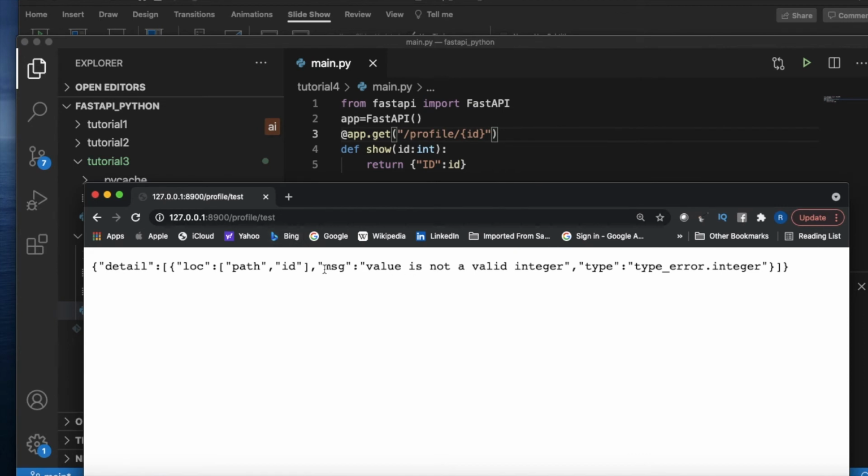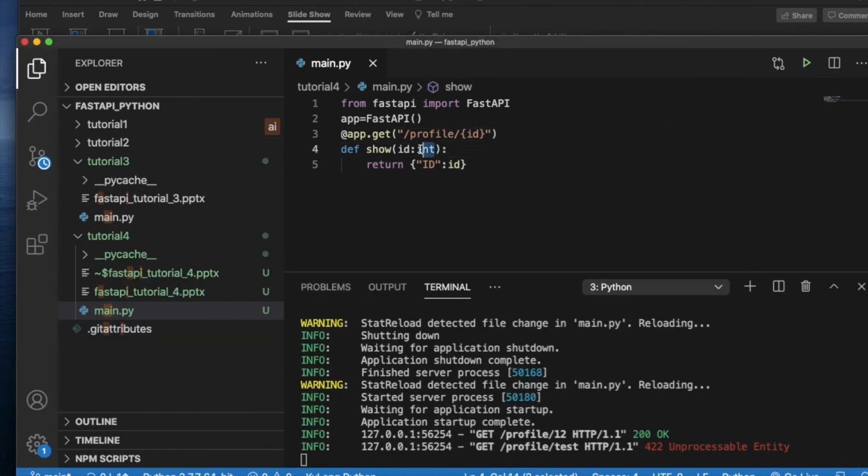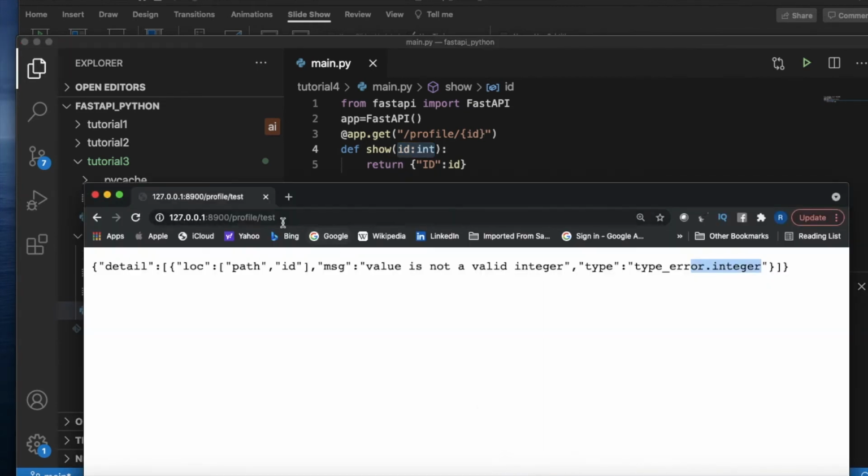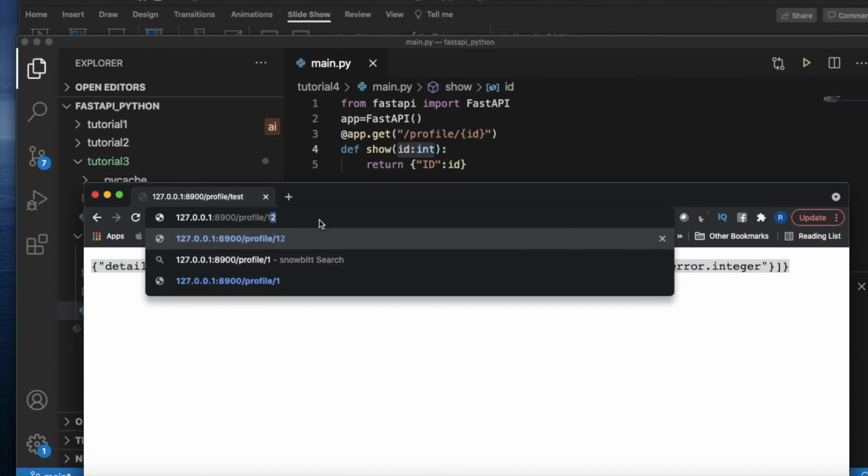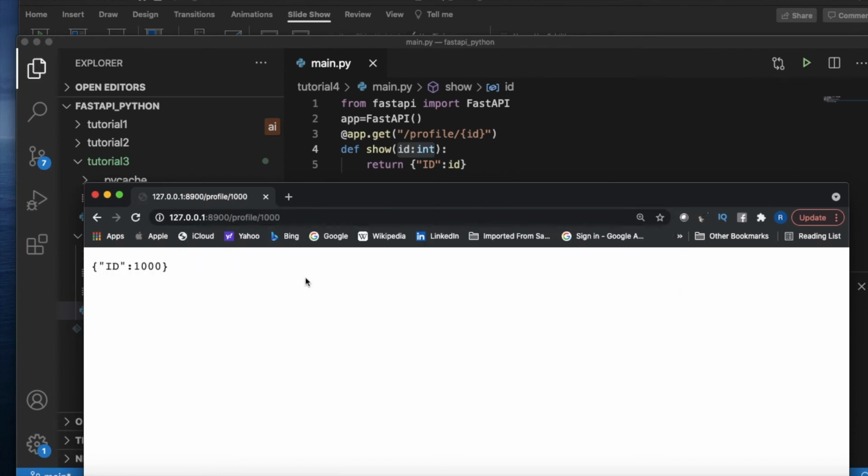See, the message says value is not a valid integer, type error integer, because I am giving instruction to my function that from the path variable I should get an integer, but here I am passing a string. That is why I'm getting this error. This is very important and self-explanatory. If someone is following this properly, he will be able to understand. So it is always an integer like this, right?